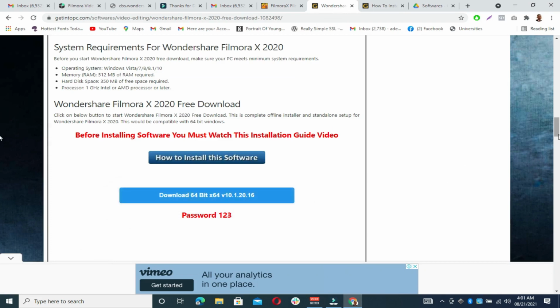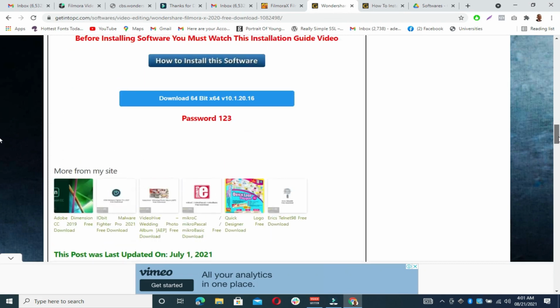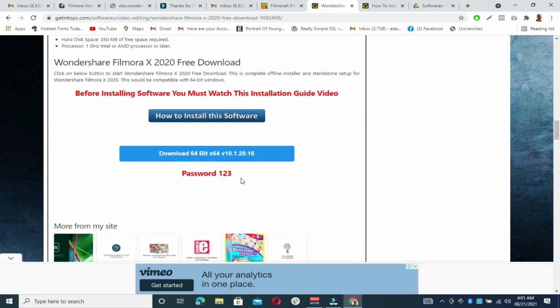Download the software. When you download the software, the password is 123. To open the software, if you click to open it, it will ask you for the password. So the password is 123. And to download the software is easy. Just click on